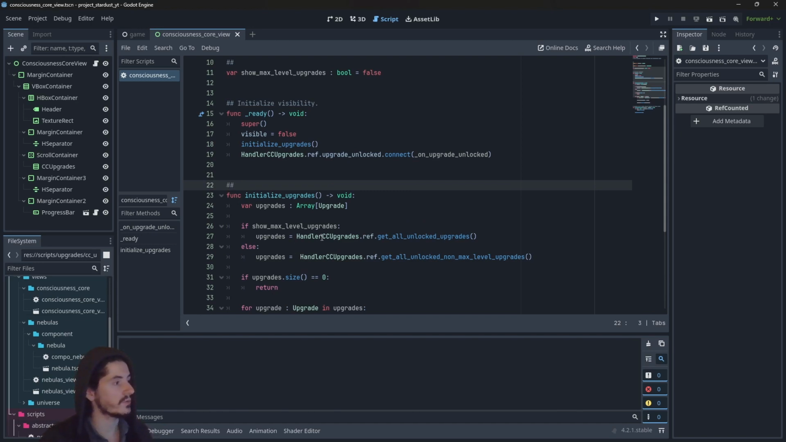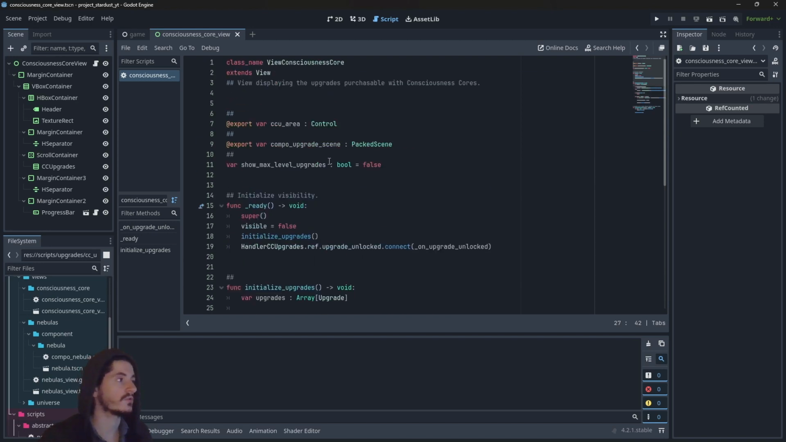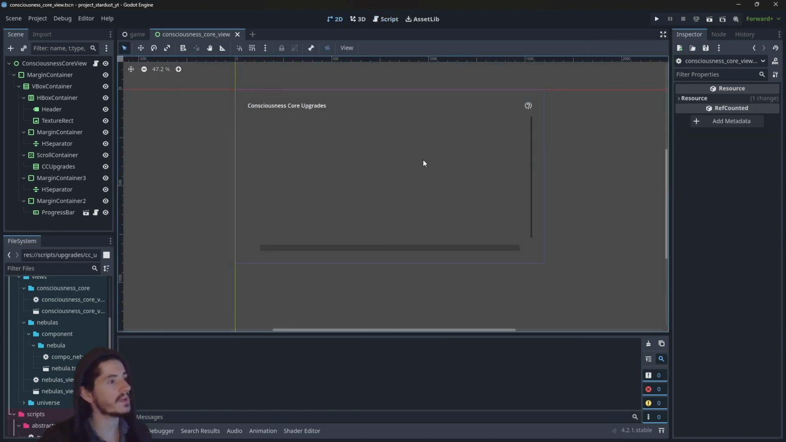Here, what we want to do is have a simple check. If the option is set to true, we will get all the upgrades no matter what. And if the option is set to false, then we will get only the upgrades which are not max level. From there, we need to create something in the UI for the player to be able to modify this Boolean value. So here is the view